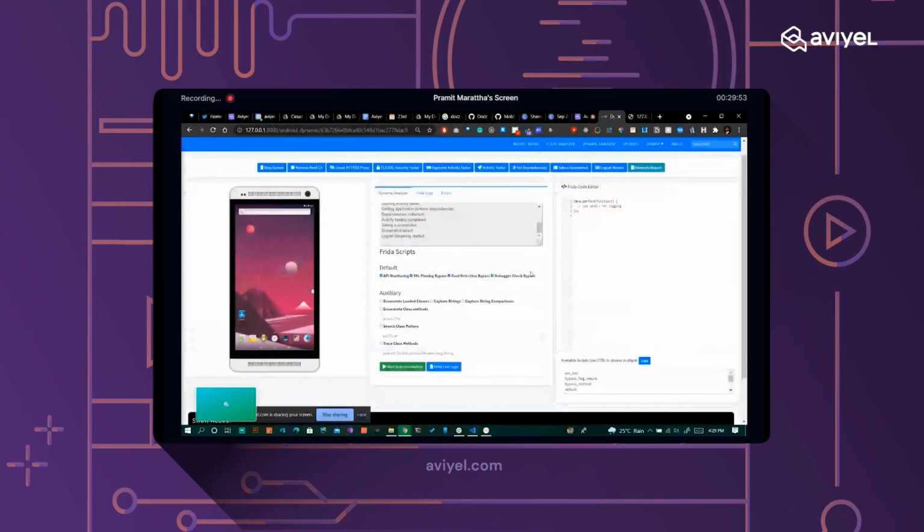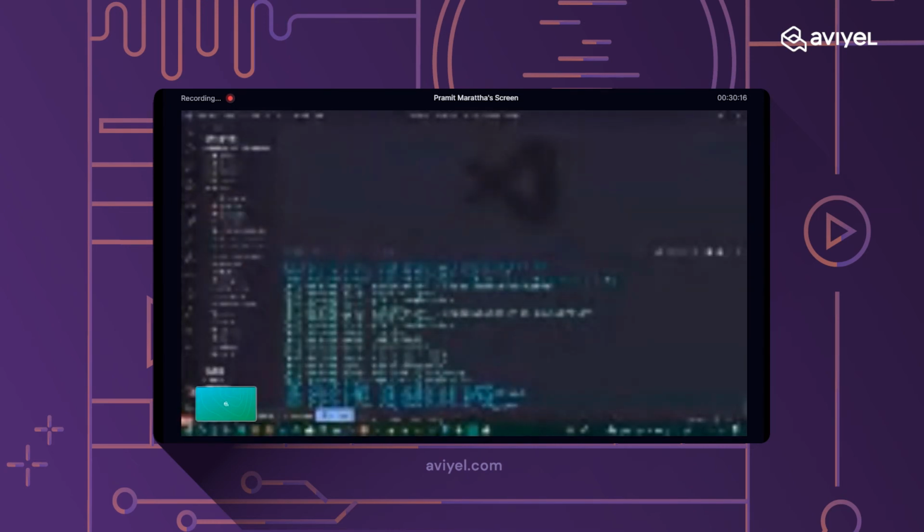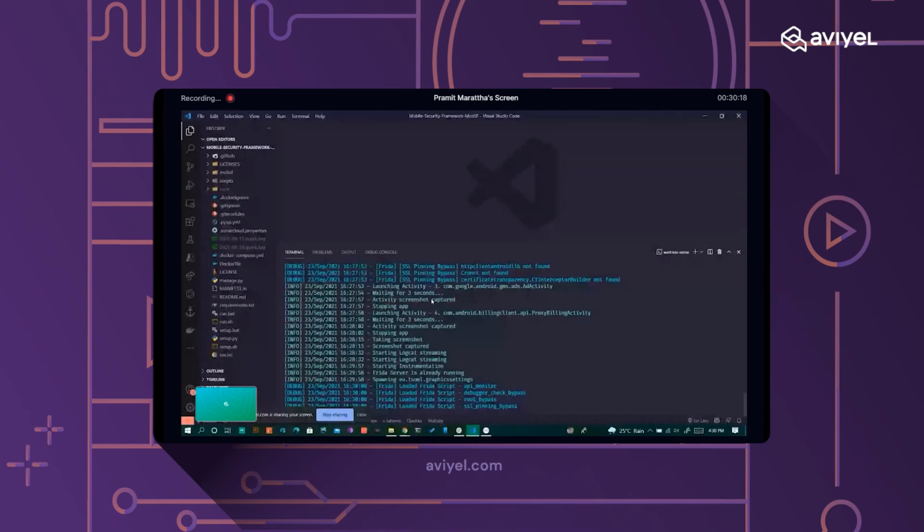The first step in starting the dynamic analysis is to click on start instrumentation. This will load the application and it will be instrumented by MobSF.